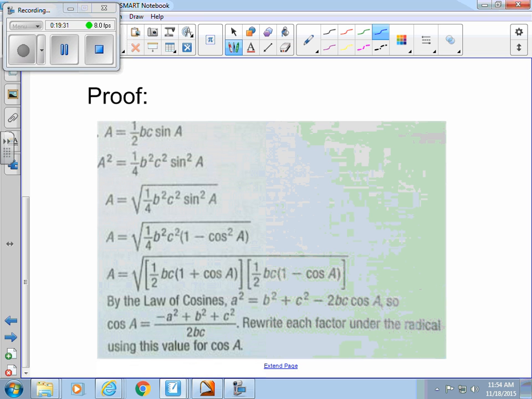With the law of cosines, there's quite a bit going on here. I know that cosine of A is negative A squared plus B squared plus C squared divided by 2BC, solving the law of cosines for cosine of A. If you rewrite each factor for cosine of A under those radicals,